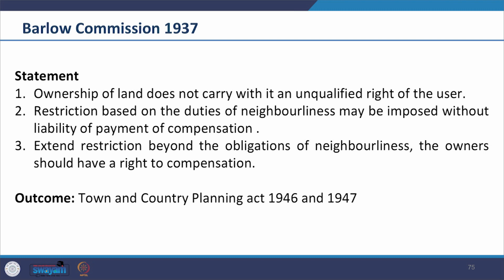The owner should have the right to compensation. So, the owner of the property is entitled to compensation. That was the statement made here regarding compensation. Now we are seeing how, from the beginning, we started by looking at the importance of sanitation